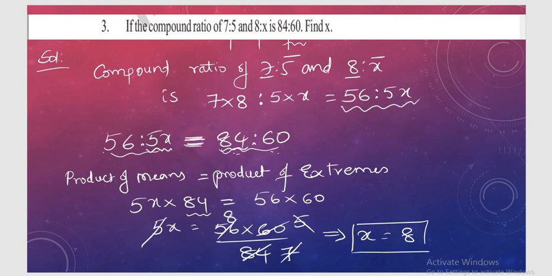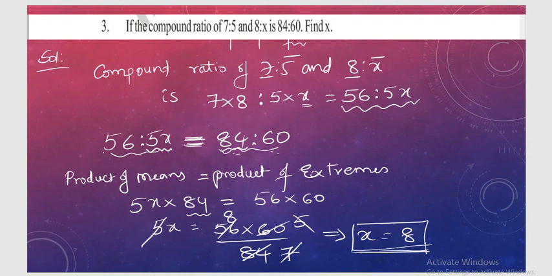So if you want, you can check it out. So how to check? So substitute there. So in the place of x, 8, what we are going to get? So 7 8s 56, so 5 8s are 40, right? Now 56 needs to become 84. So based on that we are going to multiply with some constant number, then we are going to get the value of x as 8, right? So understood the calculation here.